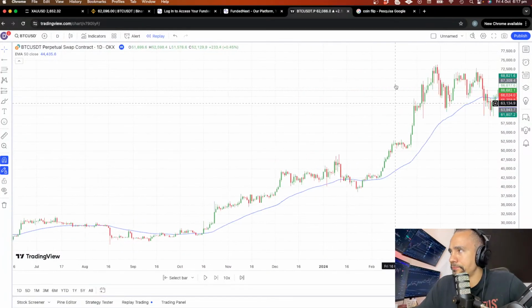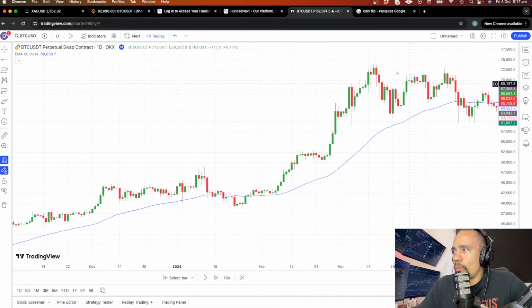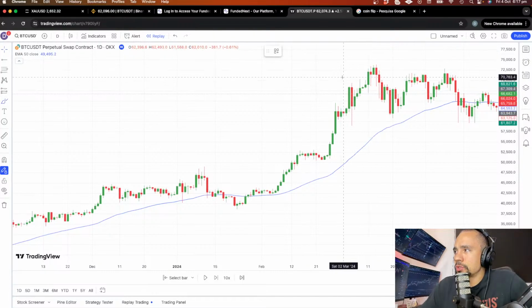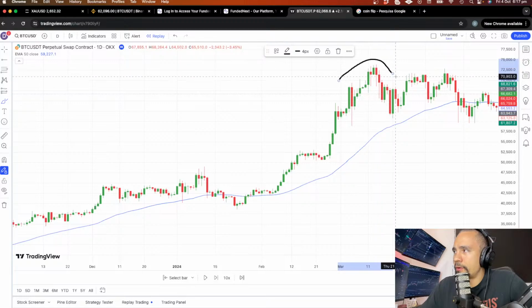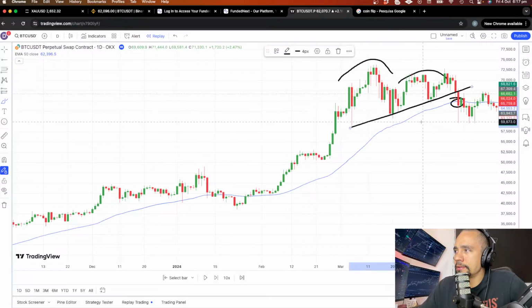So for example, let's say now I have the hindsight bias, okay? But let's say that when we are here on this market and you see a sort of topping pattern forming, buying here at the 50 is very bad. There is a trend line here. There is a break happening. You don't want to be buying after a breakout of a topping pattern.